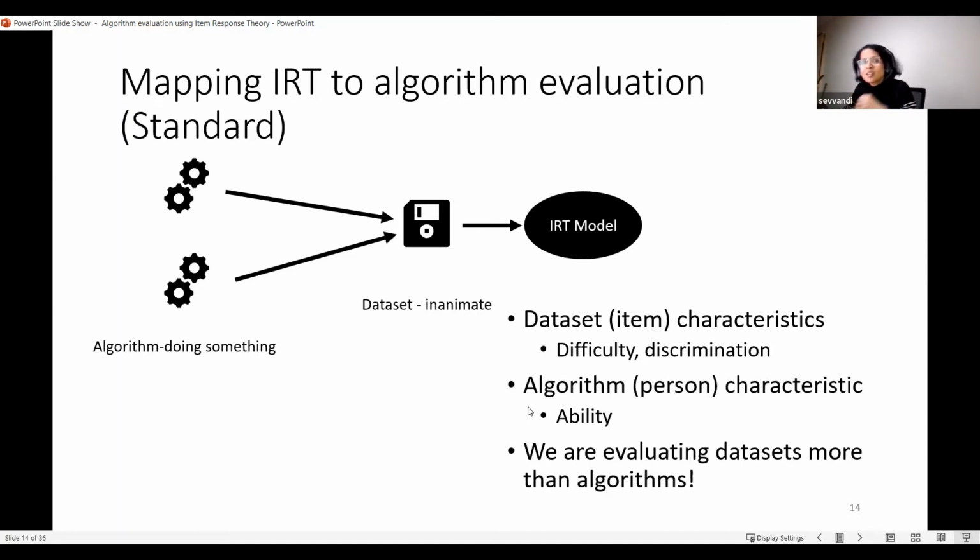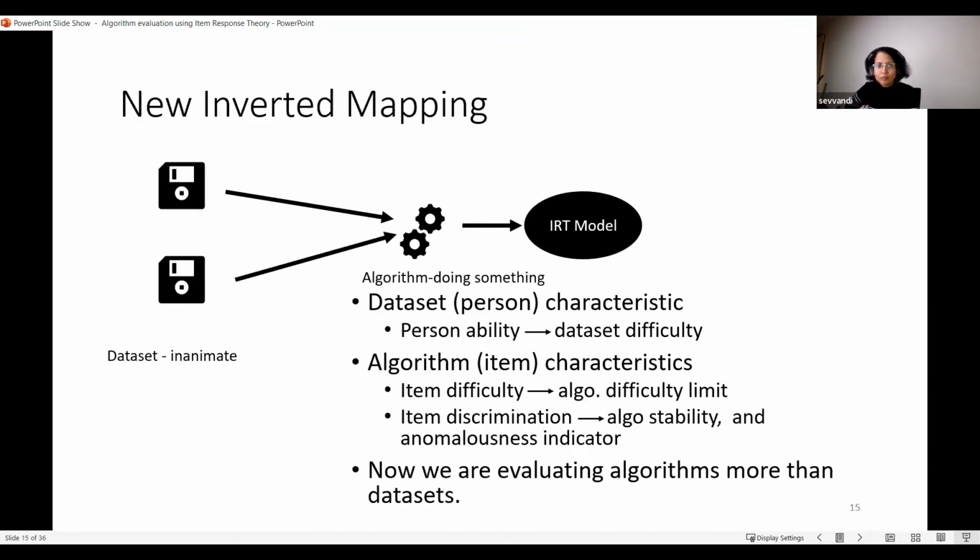The thing is, though, with this, you're getting 2 IRT parameters for the data sets, and you're only getting one IRT parameter for the algorithm. So you're in a way evaluating the data sets more than the algorithms. So then we thought, okay, what if you flip it around, right? You can think of data sets acting on these algorithms. So these data sets come and, because you write the code, who's acting on who? So if the data sets are acting on the algorithms,